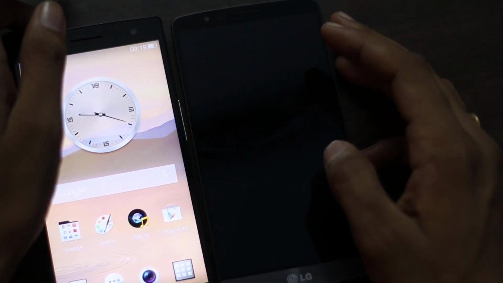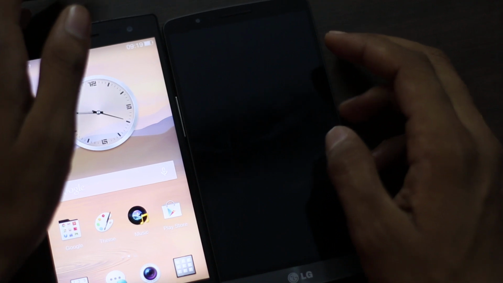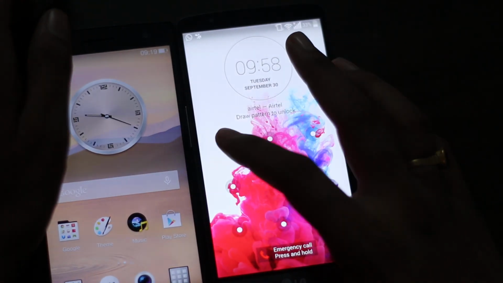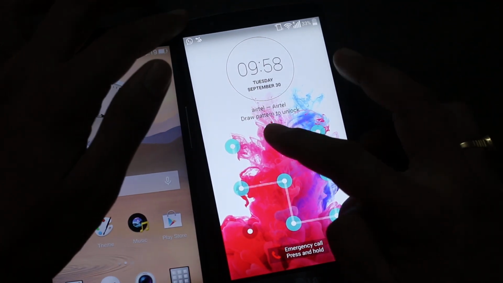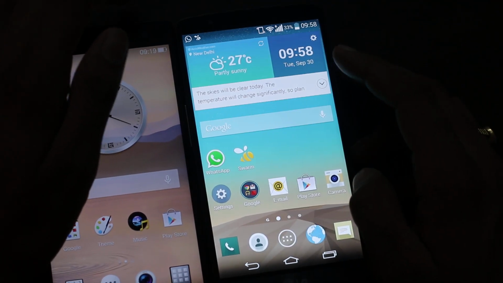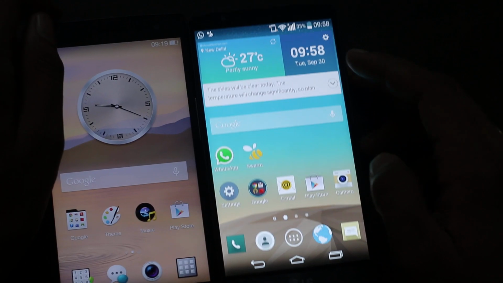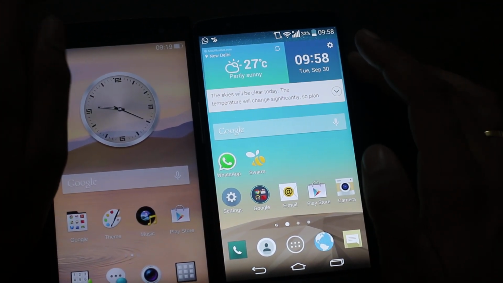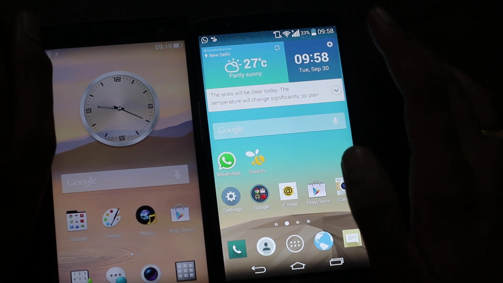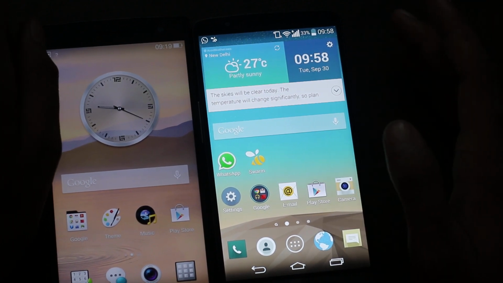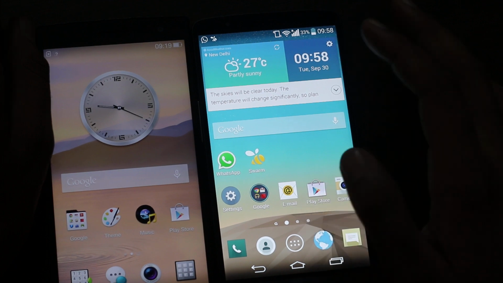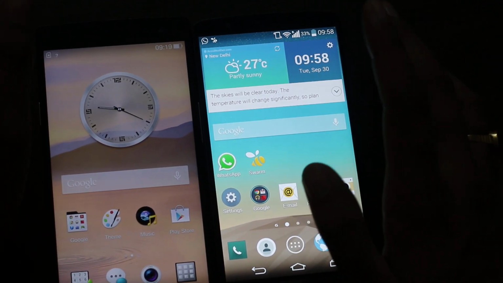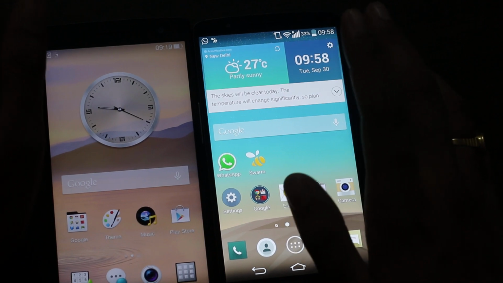Whereas the battery life on LG G3 is not good. The battery capacity on LG G3 is 3000 mAh, and after using it for more than 10 days, all I can say is the battery life on LG G3 is pathetic. It is one of the worst devices when it comes to battery life. On normal use, the battery life is not too good, as it lasts for 6 to 8 hours only.